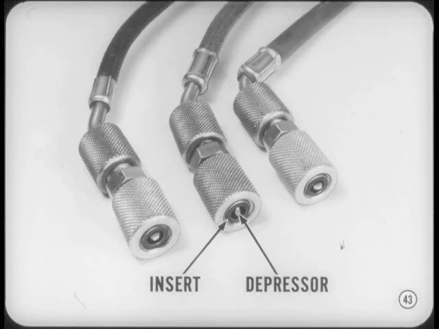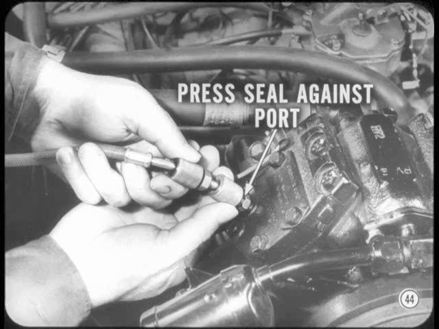Now, before you connect the hoses, make sure they're in good condition. Also, check the coupling seal inserts and the valve depressors. If an insert is missing, refrigerant will leak out and the gauge reading will be inaccurate. The valve stem depressors in the couplings release refrigerant when the couplings are screwed on. However, you can cut down refrigerant loss if you press the coupling seal insert tightly against the service port while